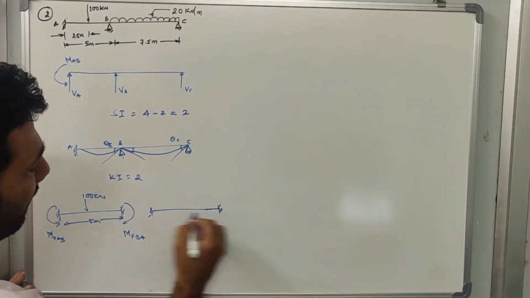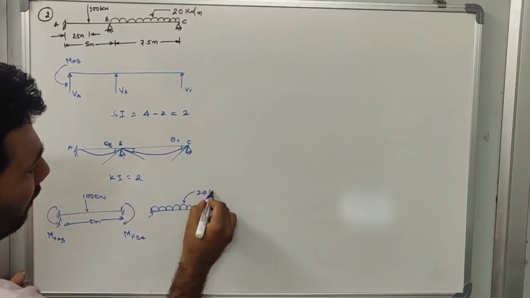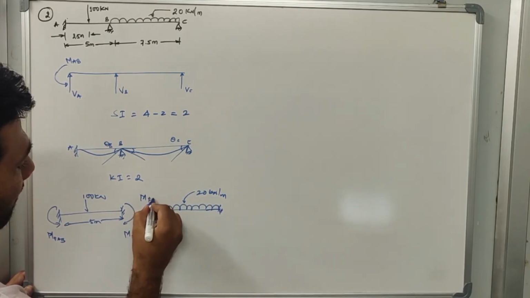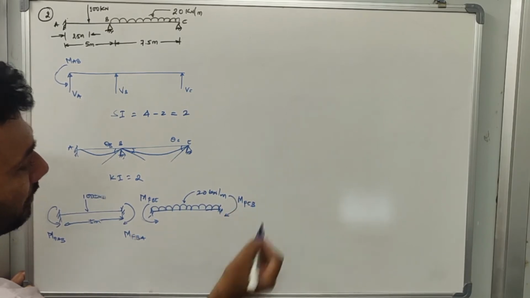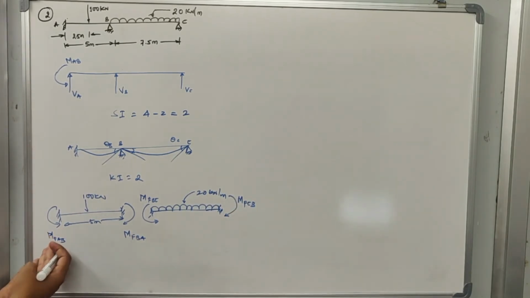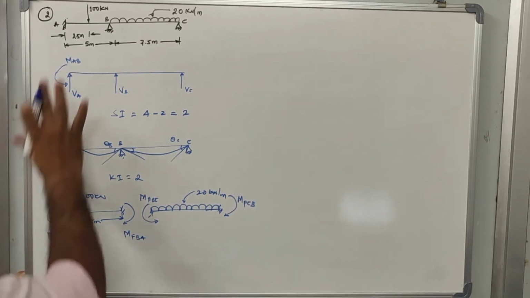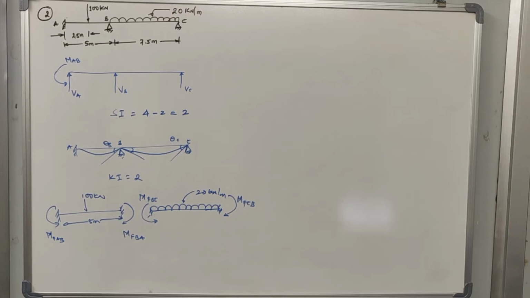Similarly, you take the other part of the beam which is subjected to a UDL of 20 kN per meter. Then you calculate MFBC and also MFCB. You know how to solve MFAB, MFBA, MFBC and MFCB. So you write this part and solve these two and inform me. Good. So you have determined MFAB and MFBA. Tell me the value of MFBC and MFCB.